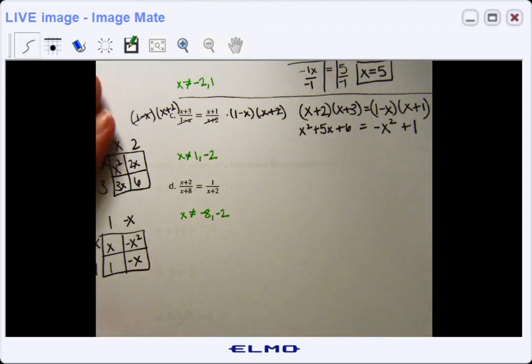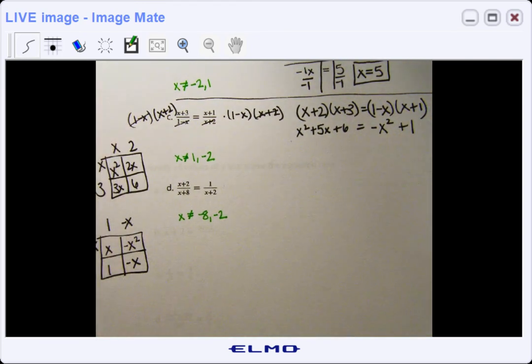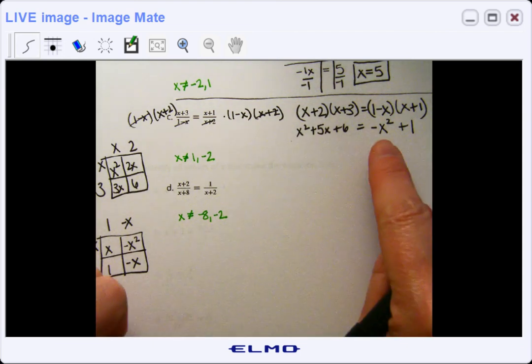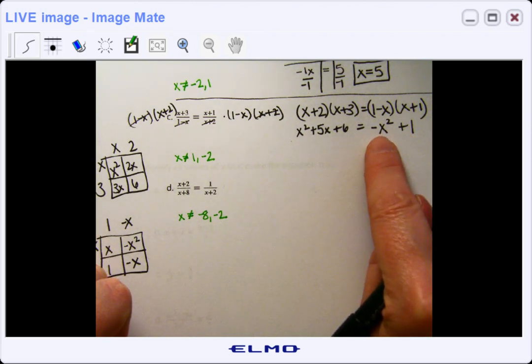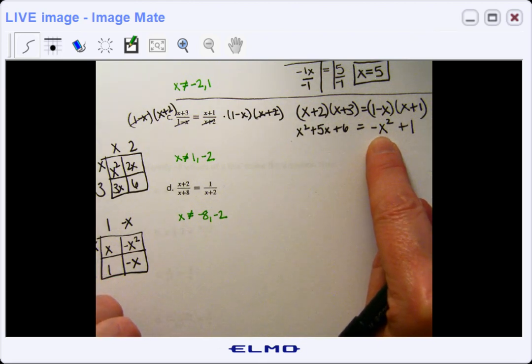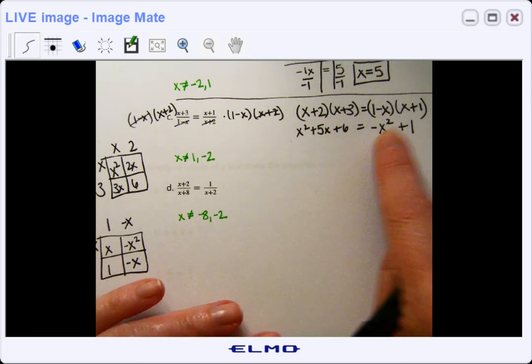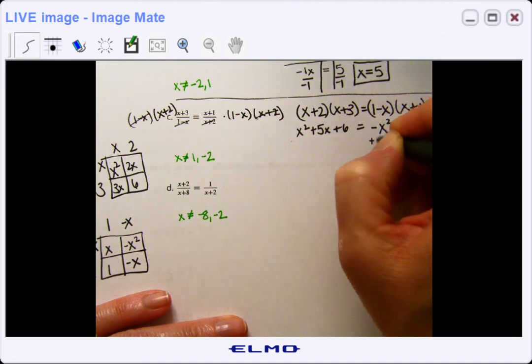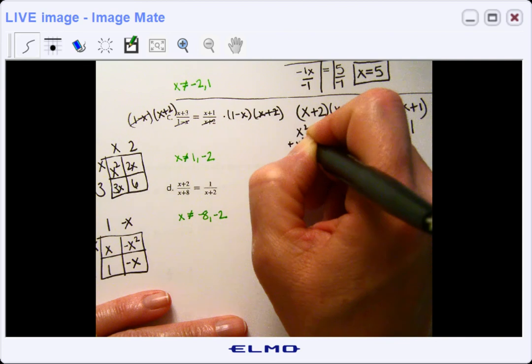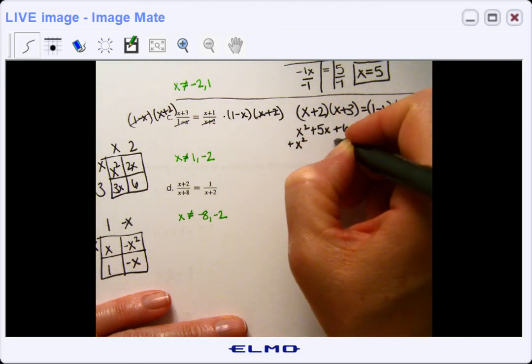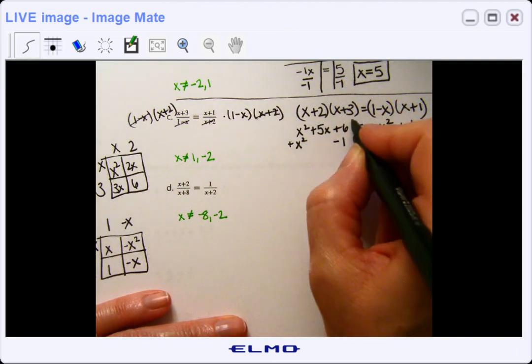All right, so since I have a quadratic, I'm going to go ahead and add over the x squared and subtract the 1 on both sides so that it's equal to 0, because to solve a quadratic, the first step is to make it equal 0, and then you can decide whether you want to factor or use the quadratic formula. So I'm going to add over the x squared and subtract the 1 and line those up with their same kind of term on the other side. And so